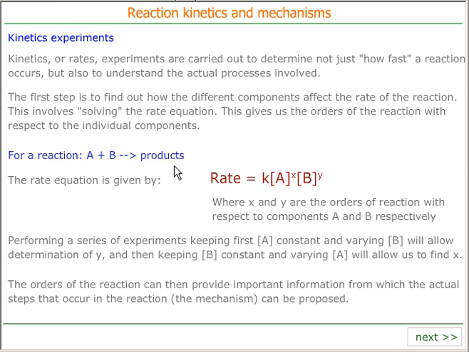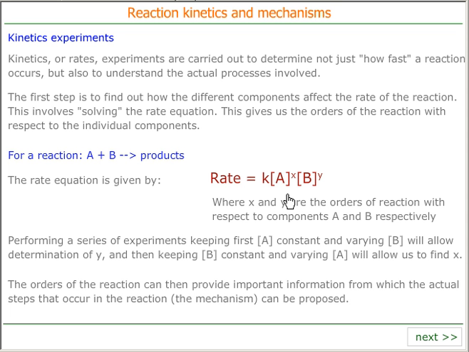And so if we study, for example, a reaction A plus B gives products, then the rate equation for this would be: the rate is equal to the rate constant multiplied by the concentration of A raised to the power of x multiplied by the concentration of B raised to the power of y. This is called the rate equation, and the first purpose of studying reaction kinetics is to find the values of x, y and k. x is called the order of reaction with respect to A, and y is the order of reaction with respect to B,